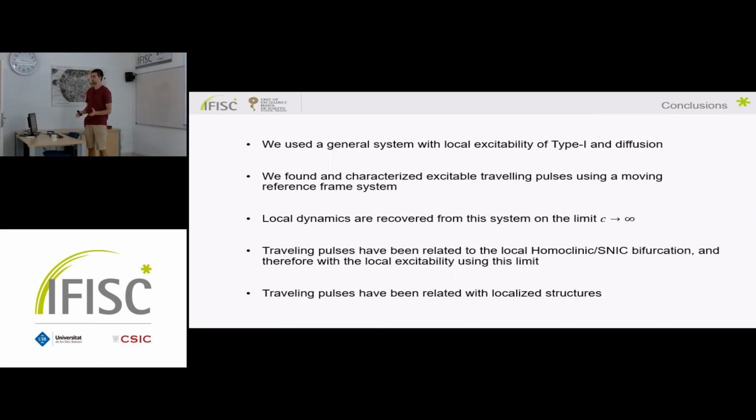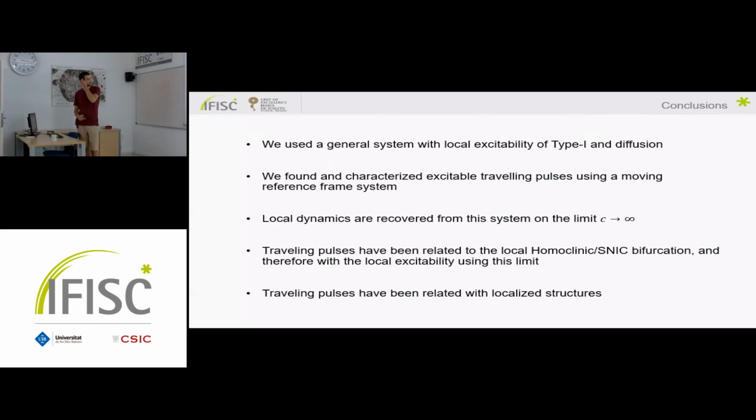So, yeah, this is still an open problem because it seems that there are many ways to get these traveling pulses, but we still haven't connected everything. So we still have some work to do there: why this bistable system can have destabilized traveling pulses, but also the excitability, how is everything connected?